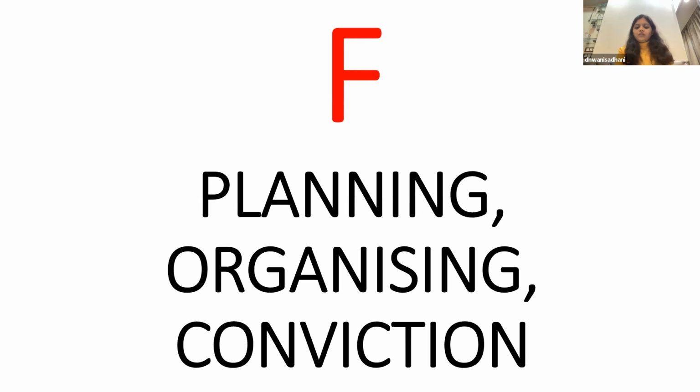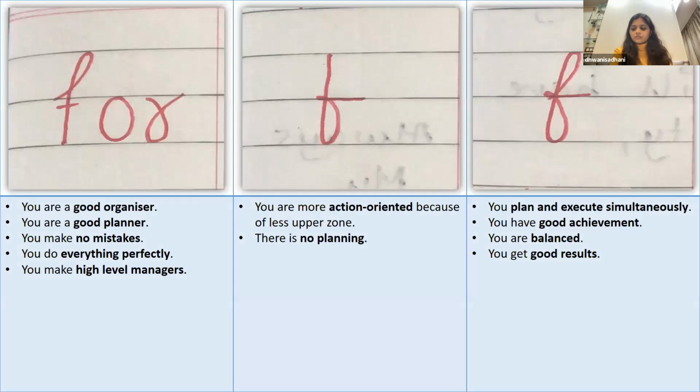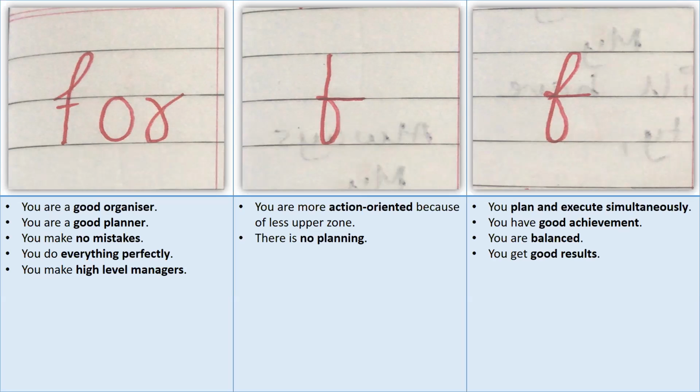Okay, we'll go to F now. Now we're going to do the first F. Can you all see that the upper zone is perfect? They don't have a lower zone, but they have a perfect upper zone. And what is the upper zone for? I just told you all. Guys, what is the upper zone for? Coordination. Planning. Come on, I want you all to answer a little quicker.